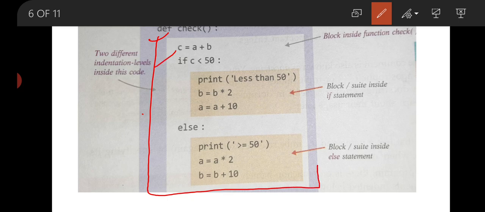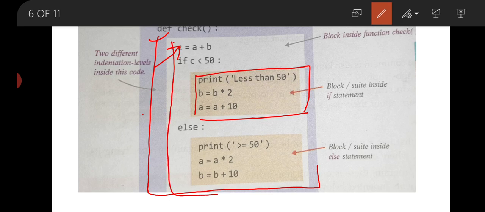And now here we are going to check the condition if c is less than 50. This block is for the if condition, but this whole block is within the function. That means all this code is written inside def check.